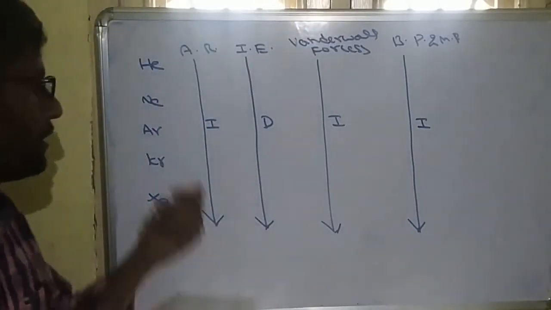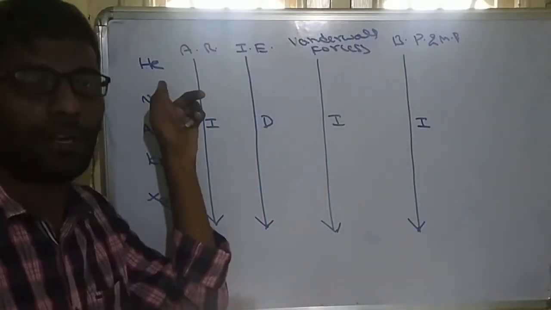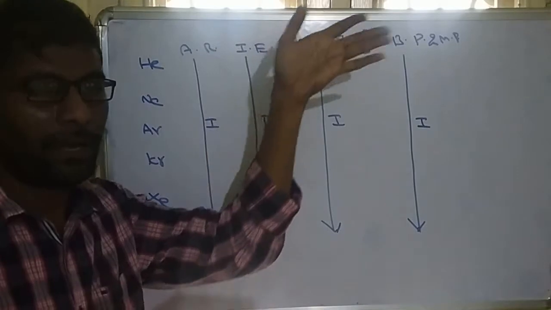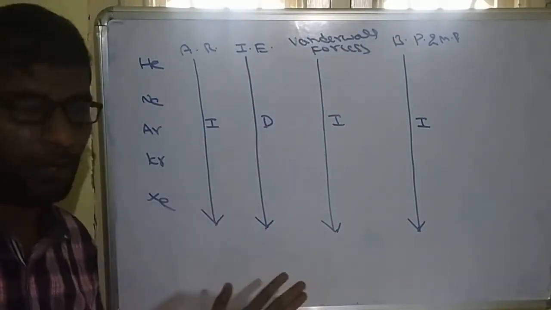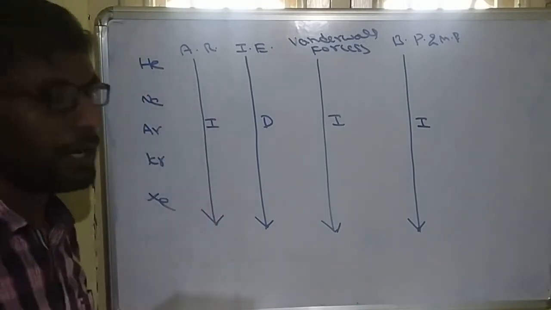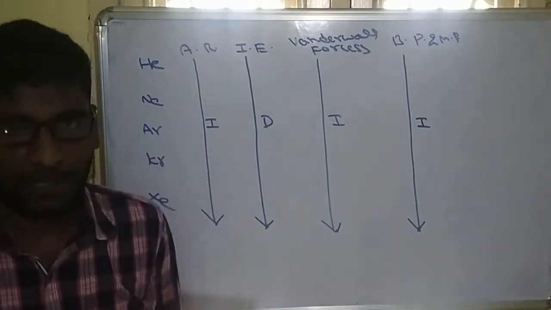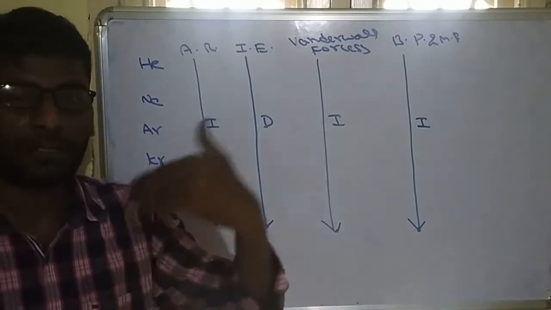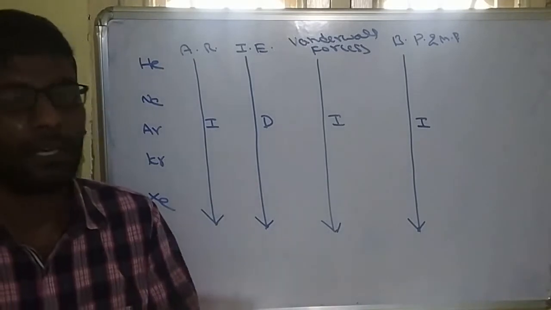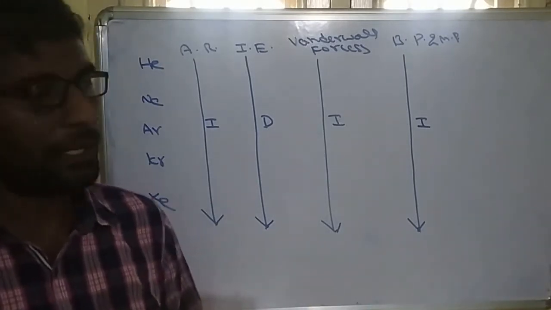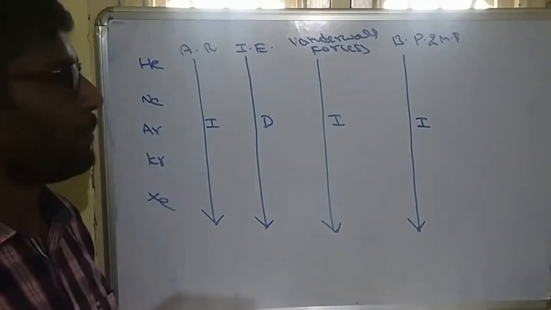We all know that helium is a permanent gas because its boiling point is very low, nearly minus 240 something. Its melting point and boiling point are very low. That's why it is called a permanent gas. That's why helium is mostly used in diving apparatus. Cylinders of divers are diluted with helium to decrease the solubility of atmospheric gases. So helium is very important. It has a very low boiling point.